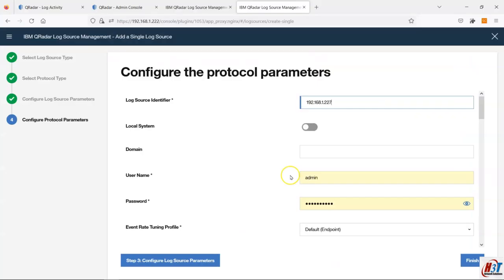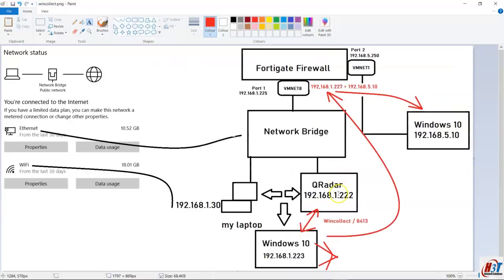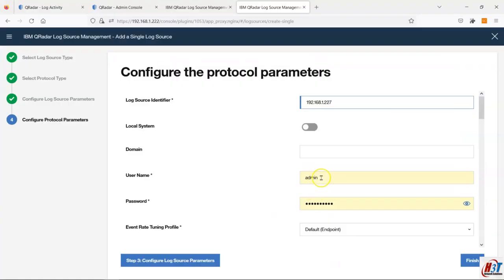Okay, so now we understood the IP is 227, the username is QRadar SA, the service account,